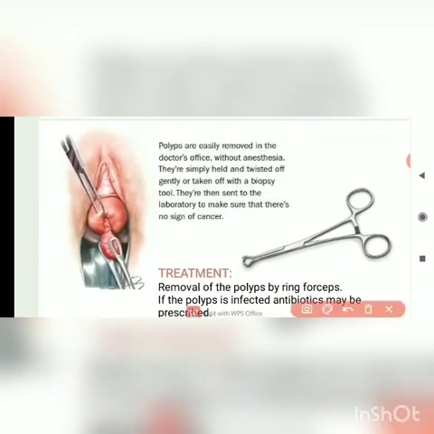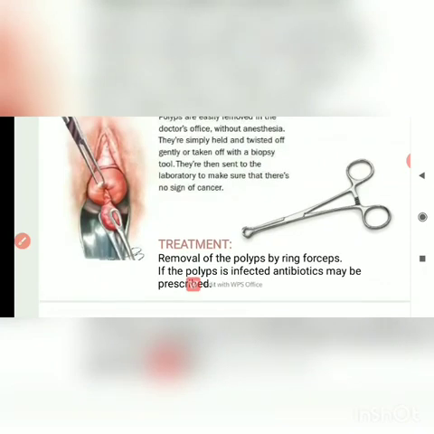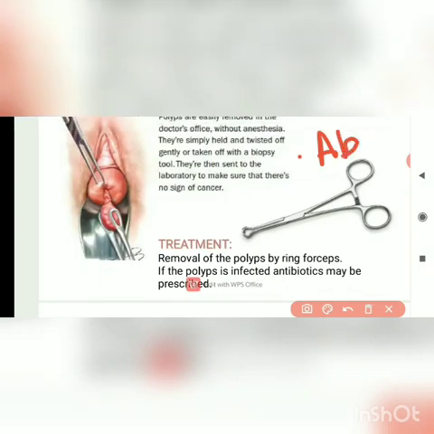So how are polyps removed? If it is a cervical polyp, it can be removed in the OPD itself. The polyp is held with the help of a sponge holding forceps, it is twisted, and then it is avulsed from its origin. This is how we remove the polyp. If it is a very small polyp, it need not be removed. Only antibiotics will be enough, because as we know, polyps are due to chronic infection. If it is a very big polyp, we can do a polypectomy. If it is a very small polyp, we can ignore it, unless it is symptomatic.